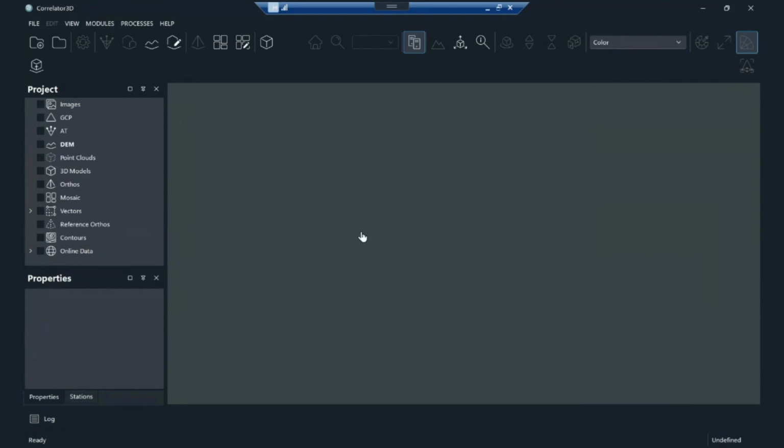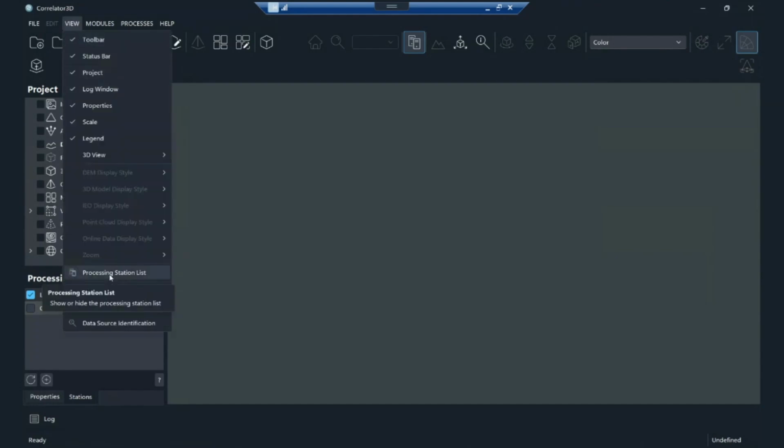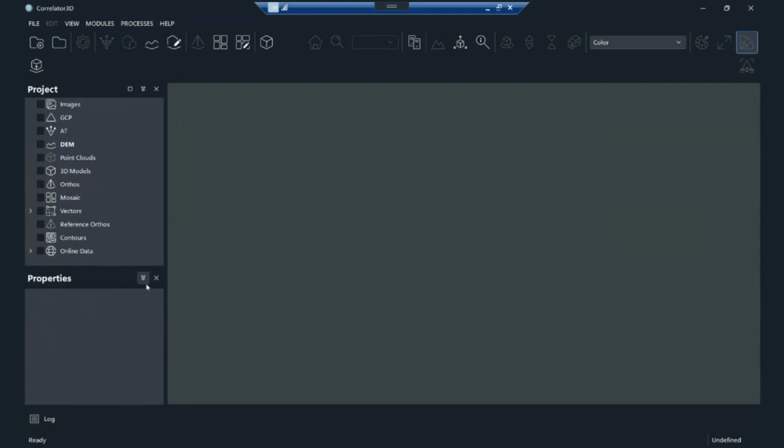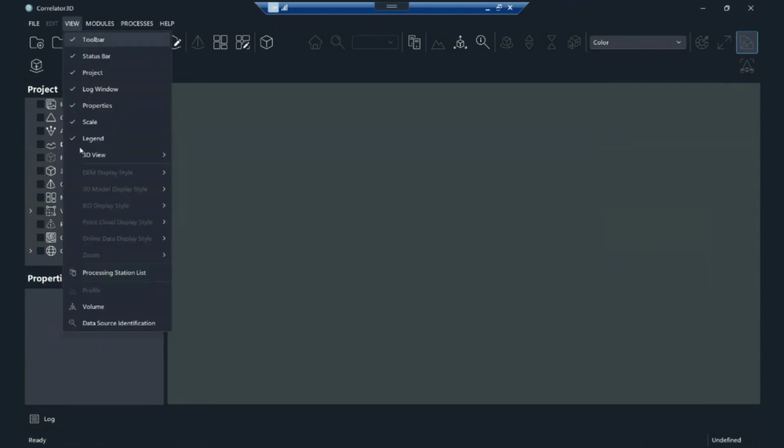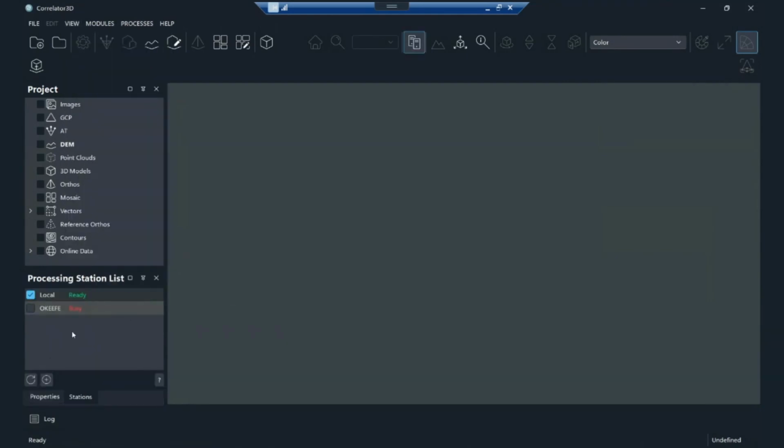Perfect. Yeah, absolutely right. And I think between 2 and 3, I've done tests here in the office. We have 2 to 3 machines that have run distributed processing. Mainly 2. The main 2 processing machines we use, as you guys can see, it's Red Stripe. And what we're going to find our other station right here called O'Keefe. So right here at the bottom, you see the processing station list. If that's not there, you can always find it here as well in the view section. So to display the processing stations, if you're seeing the properties, but you're not seeing the processing stations, simply come to view, click on processing stations,